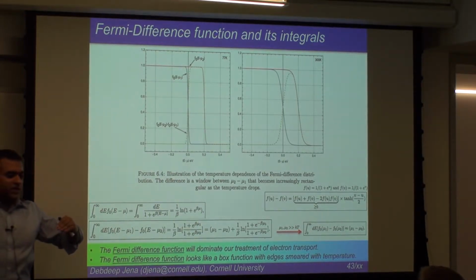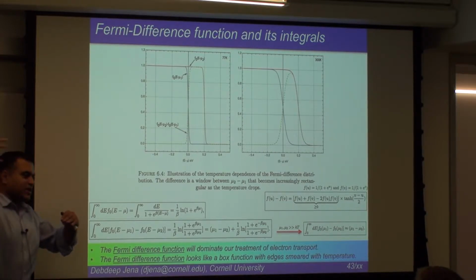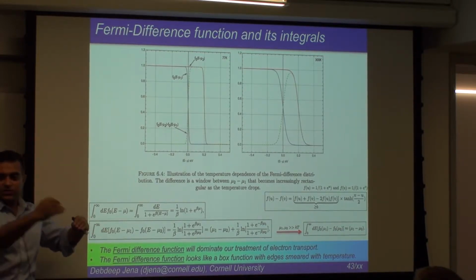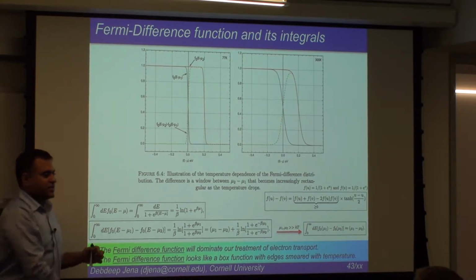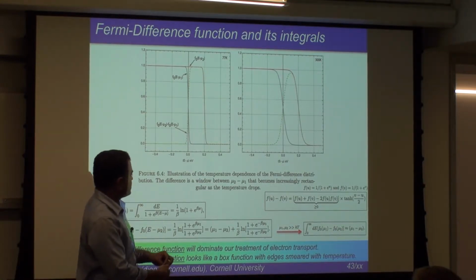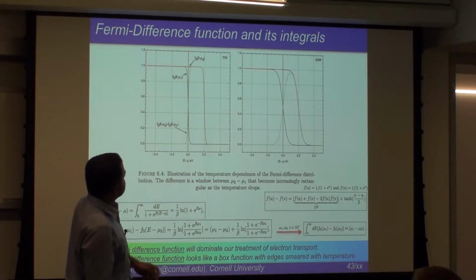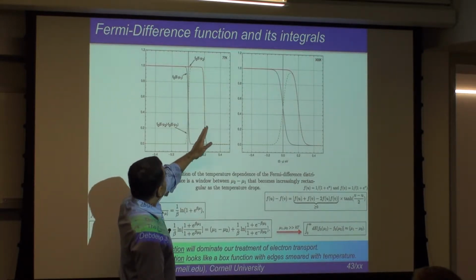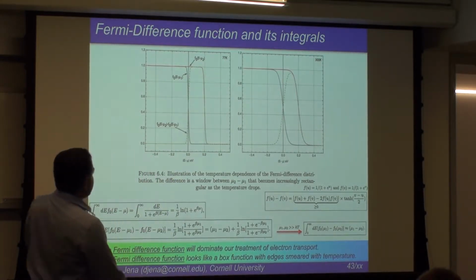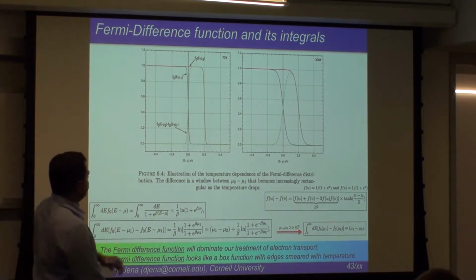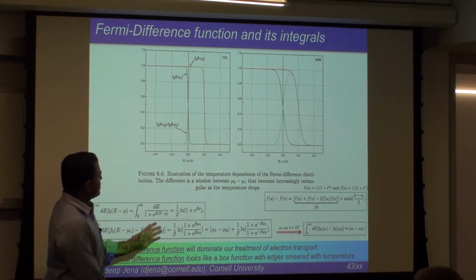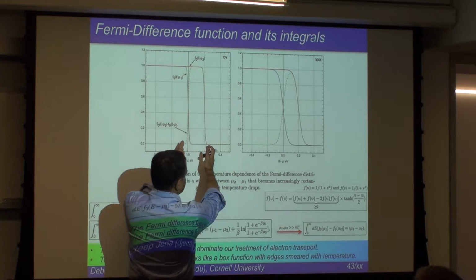One is at a higher Fermi level than the other, and this one will try to inject electrons into the semiconductor, and the other will try to take them away. That's how current will flow, because of this imbalance. And that's how we're going to look at transport phenomena. So at low temperatures, if I have two electrodes with different Fermi levels, you can find out over what window electrons will flow inside the semiconductor.